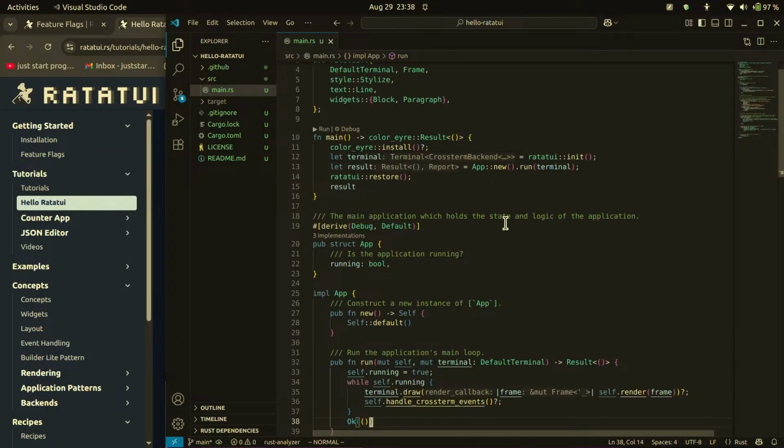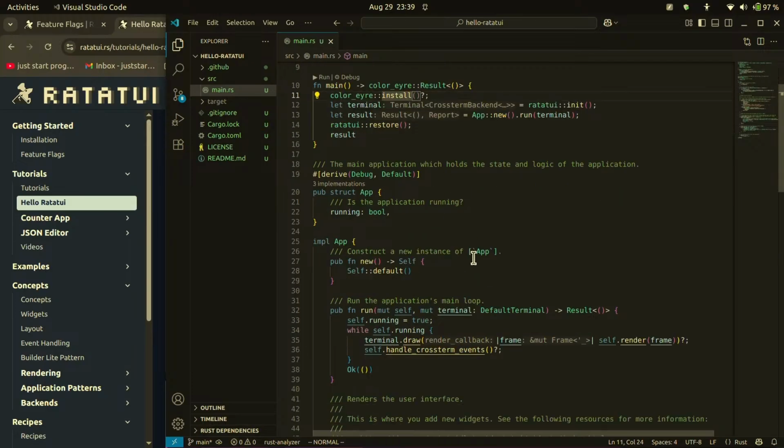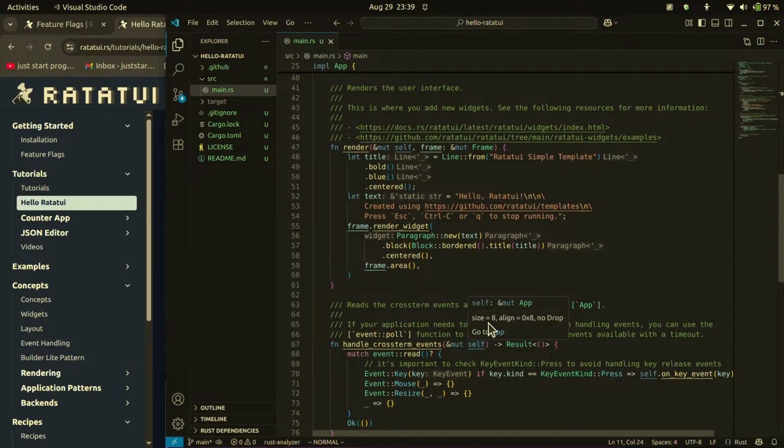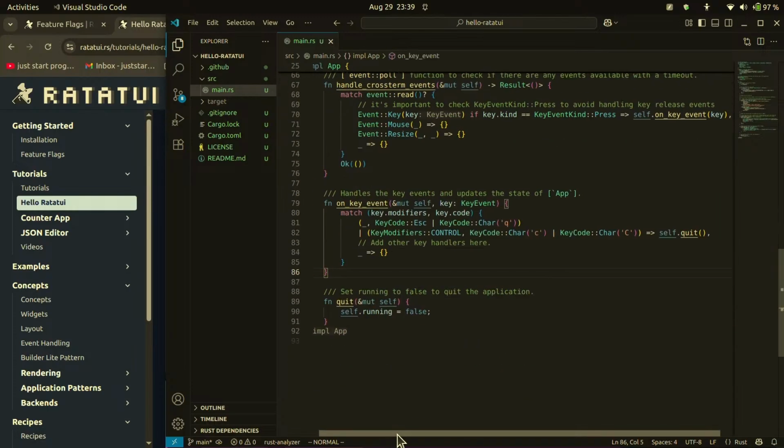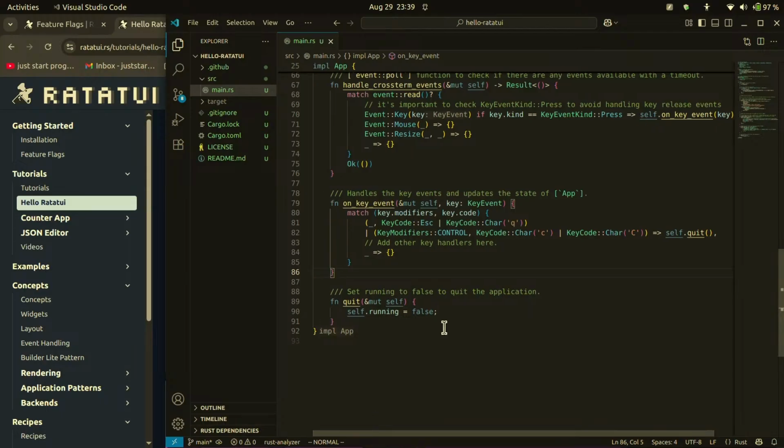Where's the run? It returns okay, and then it will call Ratatouille restore. Ratatouille restore, what does it do? We don't know yet. And then just return result as well to the main function. Okay, that was quite long for the first application, and I think there are so many things here that